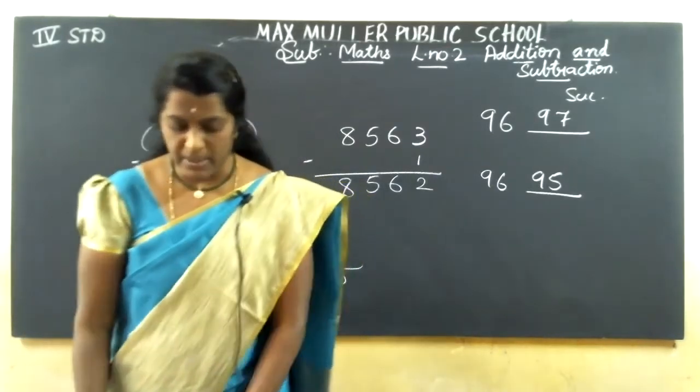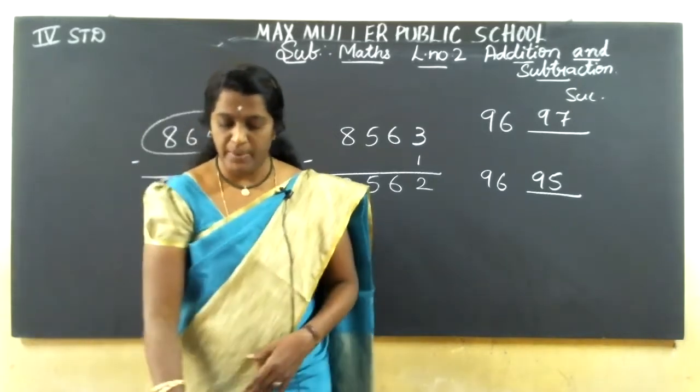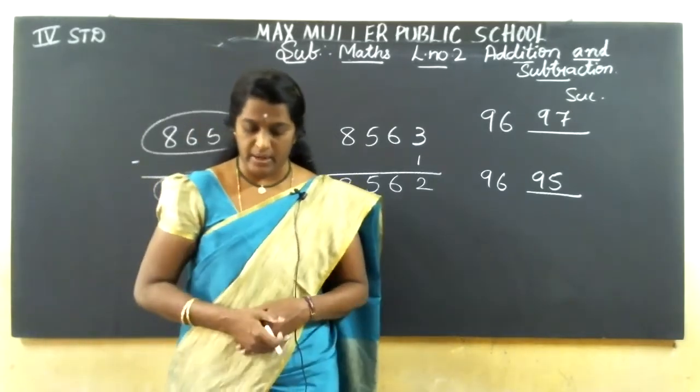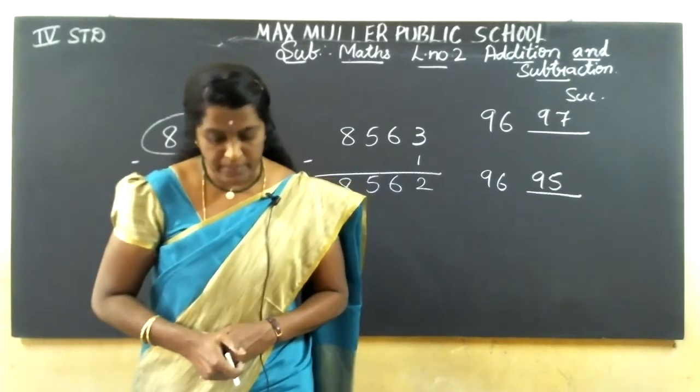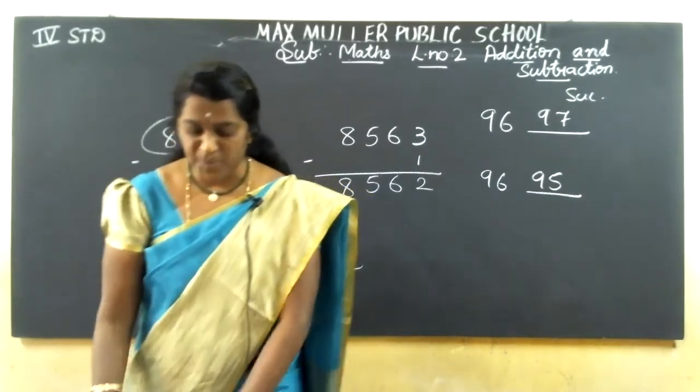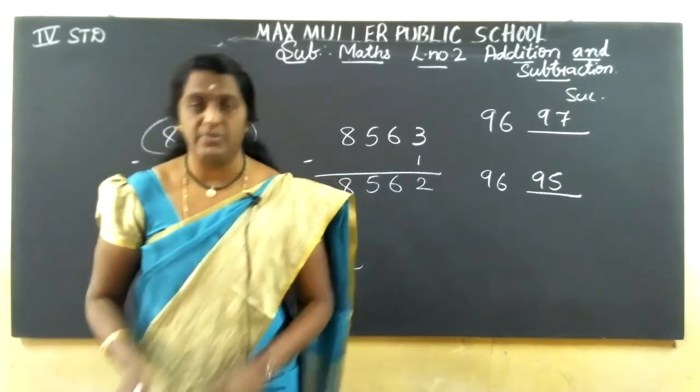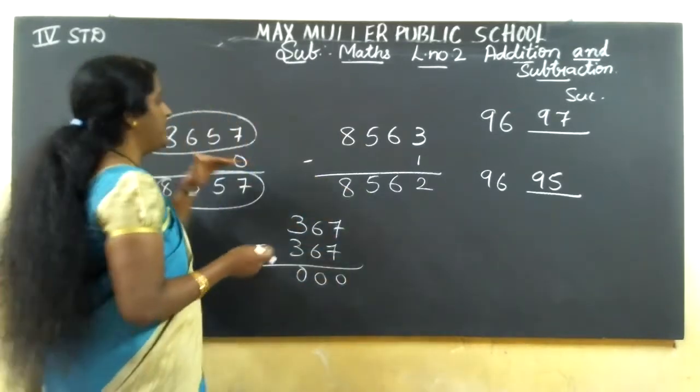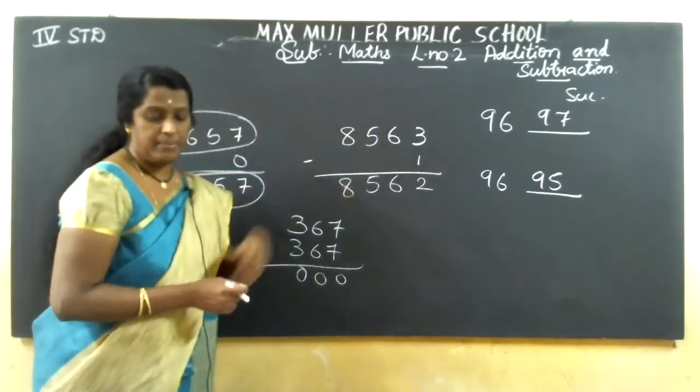When two numbers are subtracted, the difference of the two numbers is smaller than the minuend. The order of subtraction is important. Always subtract a smaller number from a bigger number. We should subtract the smaller number from the bigger number.